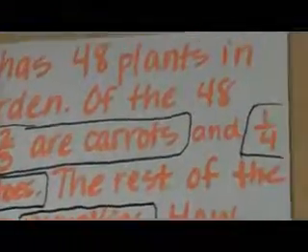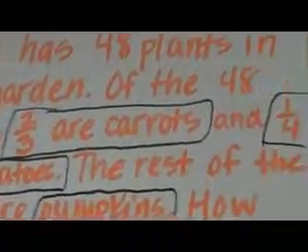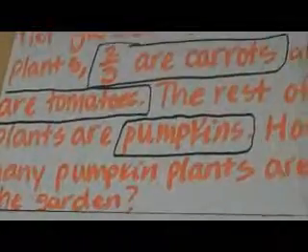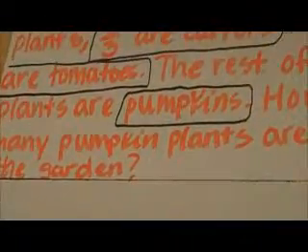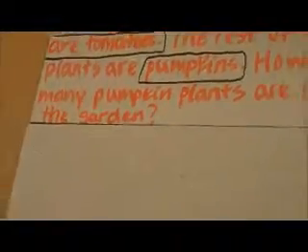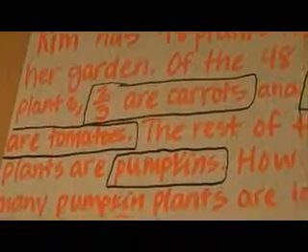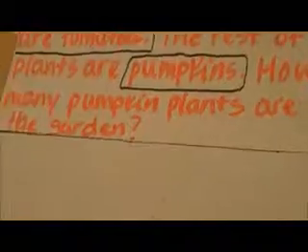Of the 48 plants, 2/3 are carrots and 1/4 are tomatoes. The rest of the plants are pumpkins. How many pumpkin plants are in the garden? So as you can see, I've already highlighted or put boxes around some important information. I want you to think back to Chapter 3 and how we would figure out how many pumpkin plants are